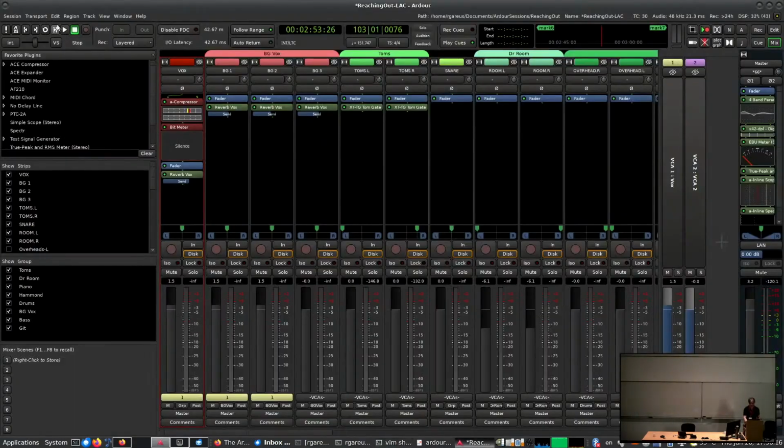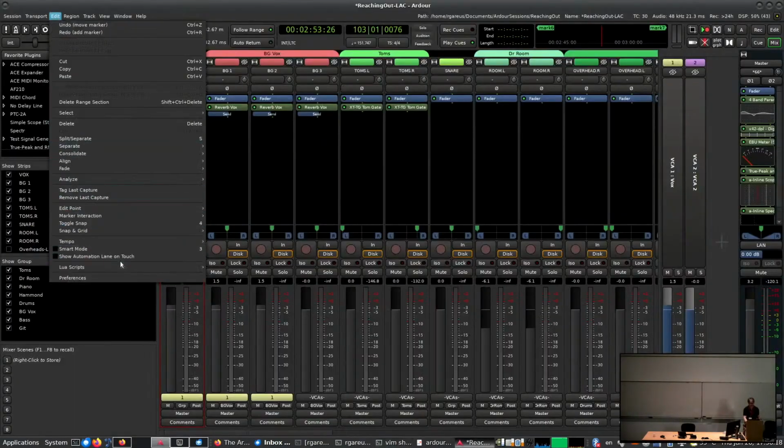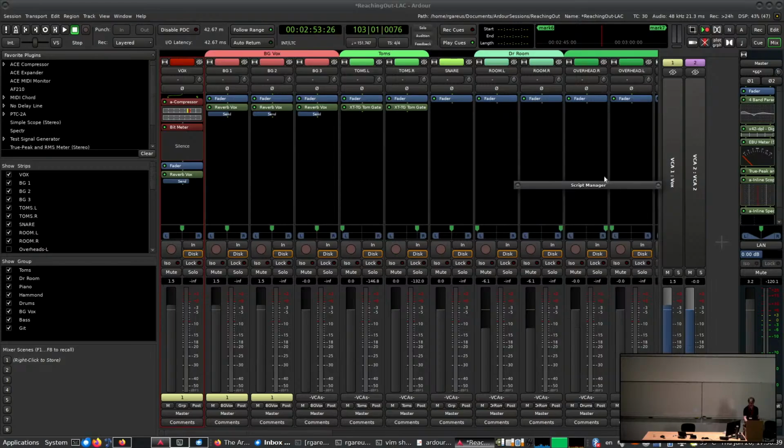So a third-party load script was the edit Lua scripts, and there you already see the ones in the upper right corner. They're also directly available here as a menu, and that's also how you can set shortcuts for all of those, because they're menu actions, and all the menu actions in Ardour can be assigned to a keyboard shortcut. And in the script manager, you can load